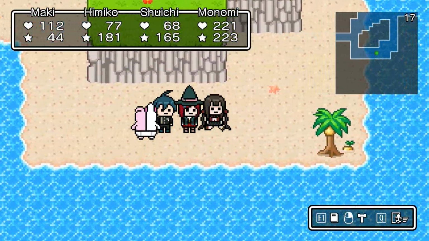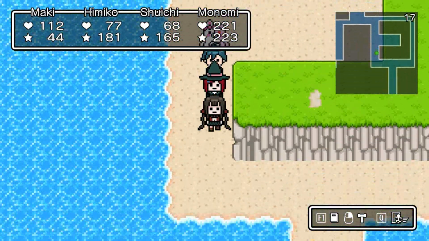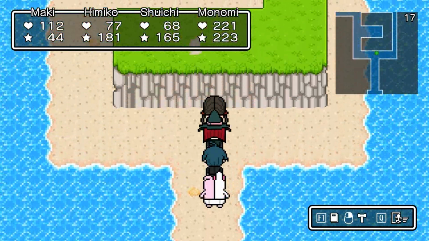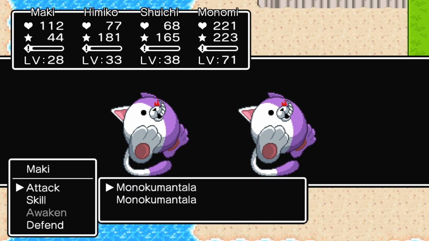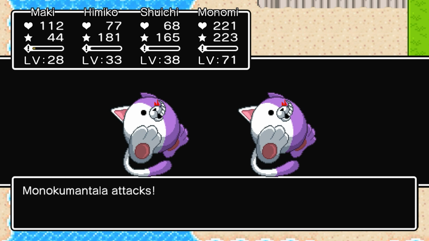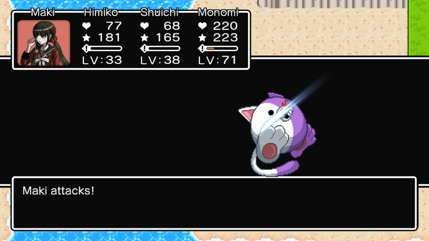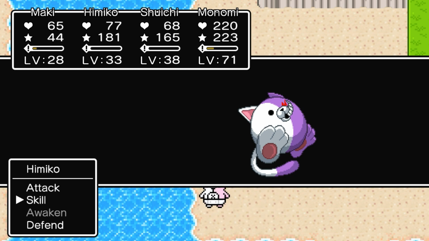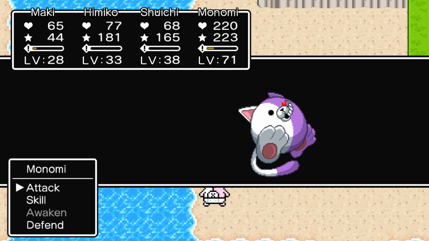There are probably some enemies over here that are gonna be much easier to defeat. Let's see. Yeah, not over here. 600G. That's gonna be pretty good. Alright, there you go. Let's see how much damage we can do with these guys. Defend, and... Usami? Oh, wow. Okay. Yeah, look at that. 100 damage. Look at that awesome damage over here. Himiko, you use Recovery Influence on Maki. You defend yourself and...